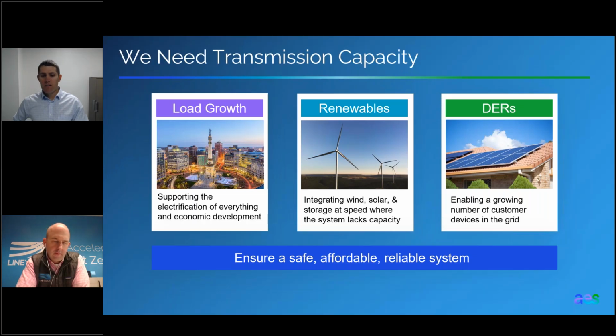So, how do we solve all of this while still maintaining, as you see at the bottom, a safe, affordable, reliable system? We really need an all of the above approach. We need to build wires, but we aren't going to get there fast enough. As you remember from the previous slide, we need to build decades of transmission in 12 to 13 years by 2035, right? So we need other solutions like grid enhancing technologies, and specifically dynamic line rating has been identified as one of those technologies that can most get us to the transmission capacity we need, which is why AES is working with